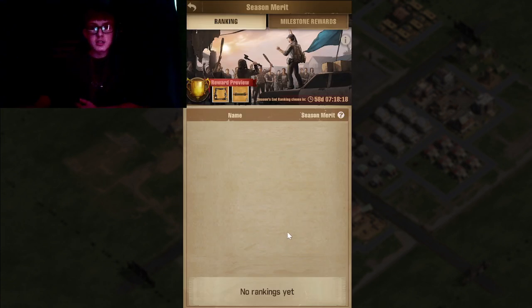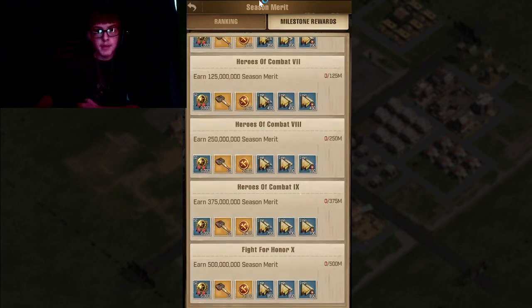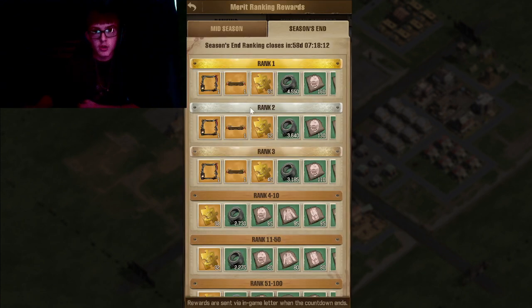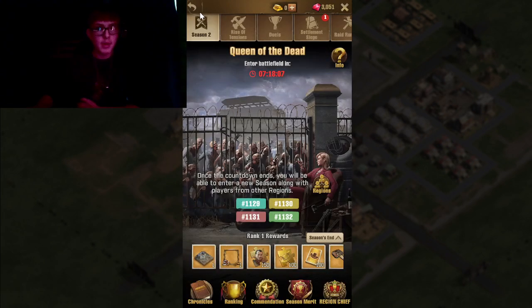And let's have a look at season merit. Season merit will be the big thing here, which I'm going to try to go for. It's basically attacking clan buildings and building my own clan buildings,